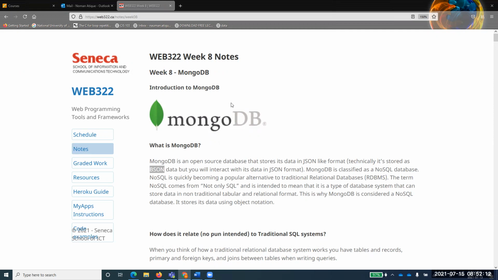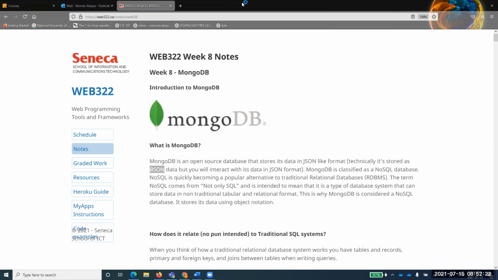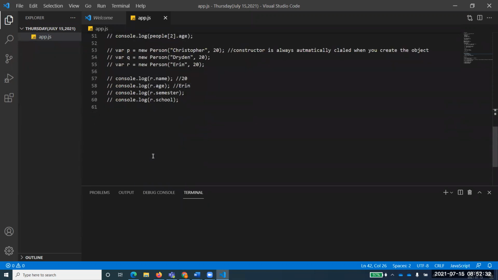Yes, key value pairs, Alex, that's excellent. But again, how do you recognize something is a key value pair which is representing JavaScript? Let me tell you what I'm saying. Let me just open up Visual Studio Code for the time being, and I'll let you know what I'm talking about.